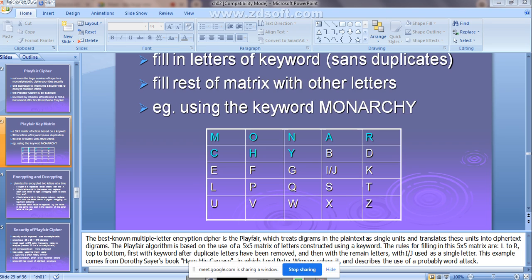K is replaced with what? T. Only T? Yes, ma'am. T, G. Correct, because you are applying the fourth rule here. Each letter is replaced with the letter which is lying in its own row and the column of the other letter in the pair. So Q will be replaced with T, K is replaced with G.